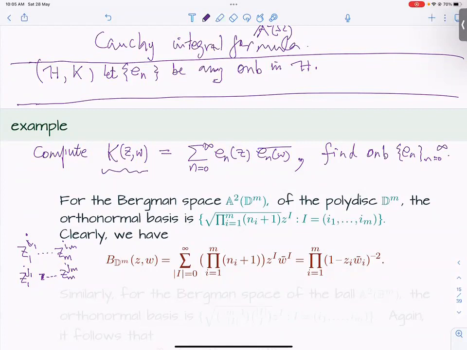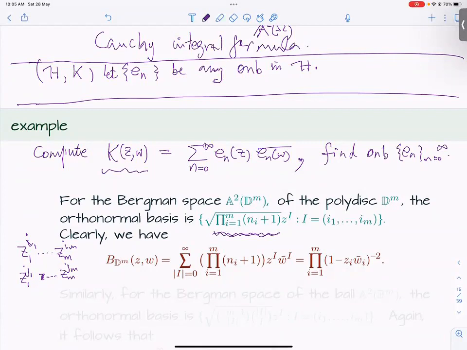And then all that remains for you to do is to find what is the norm of these monomials. And that norm, I am telling you right now, is this quantity, the product of (i_k plus 1), square root, okay,